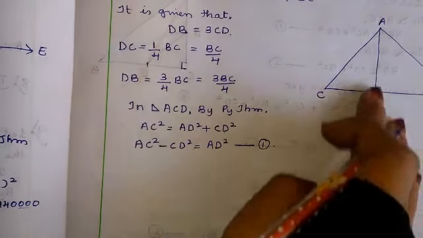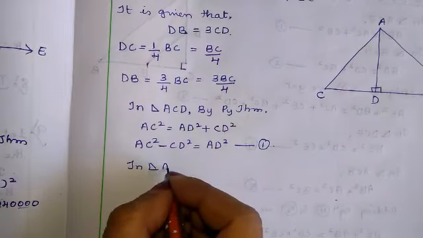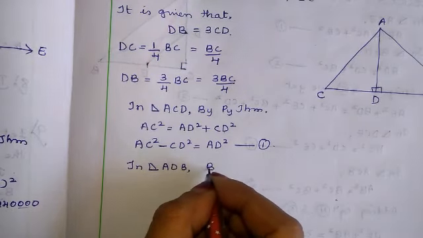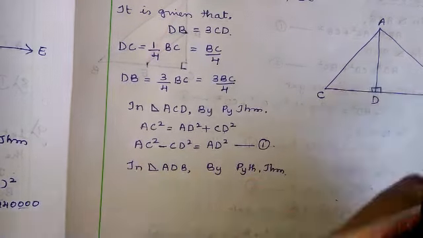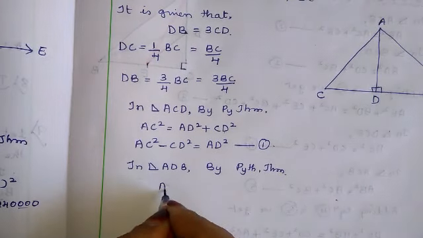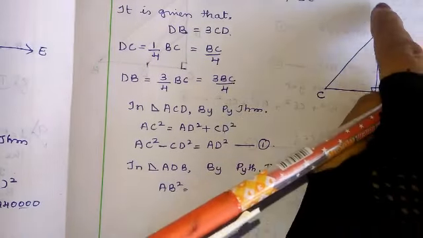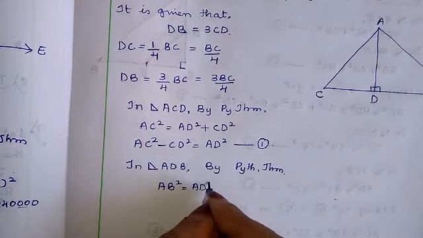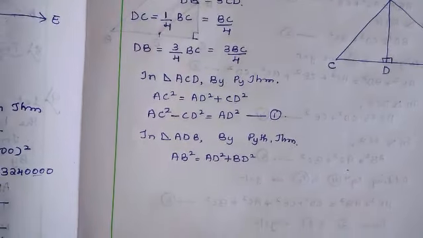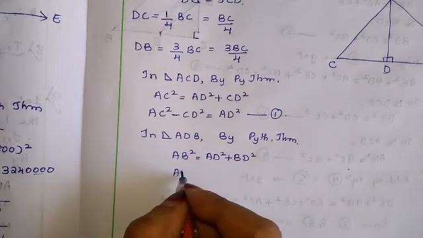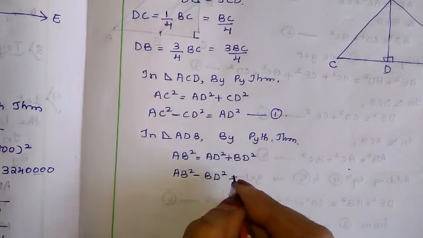Now I'll take the other side triangle. In triangle ADB, by Pythagoras theorem, AB square is equal to AD square plus BD square, since the side opposite the 90 degrees is the hypotenuse. Now AB square minus BD square is equal to what is left,